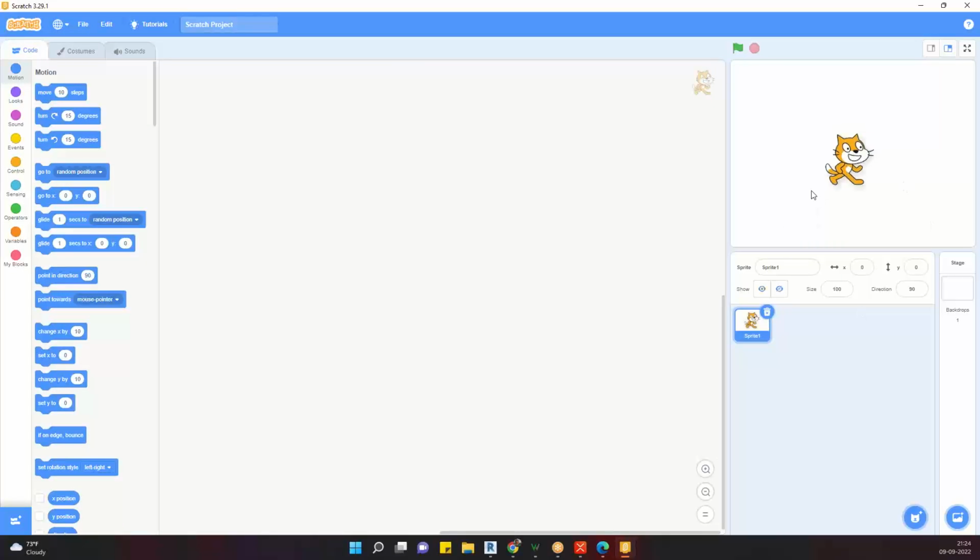Let's say I have a cat here. Okay, I want to move this cat now. Where should I write the code here? I don't even know where to write the code. If I want to move the cat, I simply drag that block and place it here. When I click on this, the cat is moving 10 steps forward. Now, if I want to move this cat 10 steps backward, then